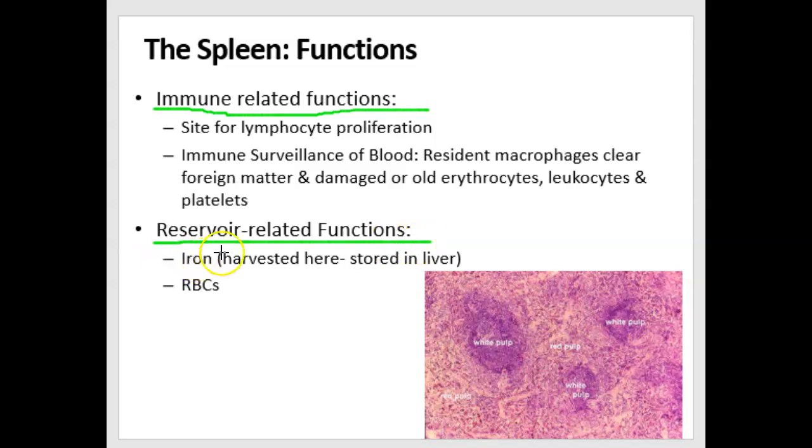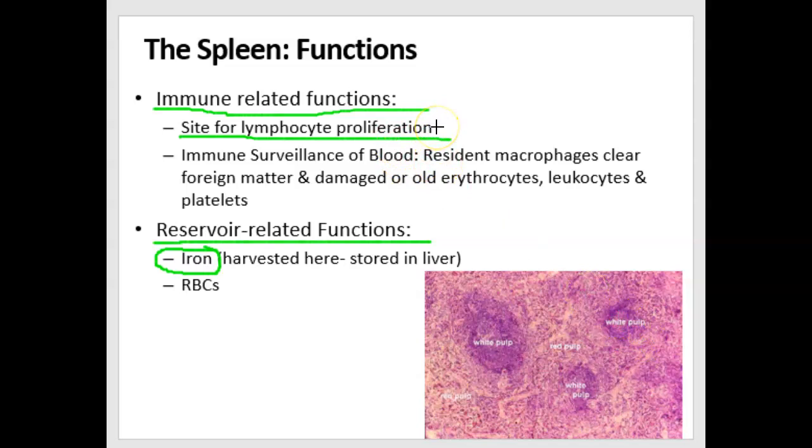So it's involved with, I guess, the storage of iron in the sense that the heme is going to be sent to the liver to become bilirubin, and the iron is going to be sent to the liver to just store the iron. And although storage doesn't happen in the spleen, you need the macrophages in the spleen to separate those things. The immune-related functions relate to the fact that there's a lot of lymphocytes present in the spleen, and